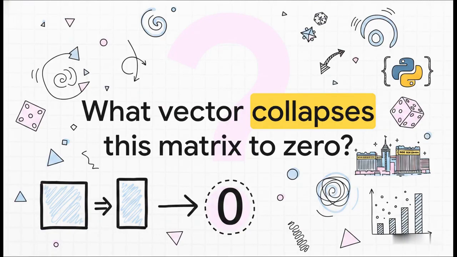So let's test this out. For the matrix we're looking at, can you find the vector y that collapses it to 0? Honestly, I'm willing to wager a Vegas-sized bet you can't easily guess the exact unit vector Python would output. Why? Because there are an infinite number of vectors that satisfy this. You might intuitively guess 1 and 1, but Python outputs the normalized unit vector, something like 0.707, purely for numerical